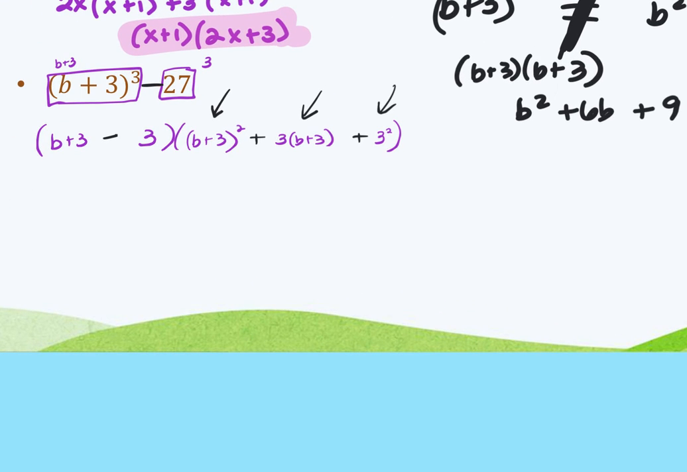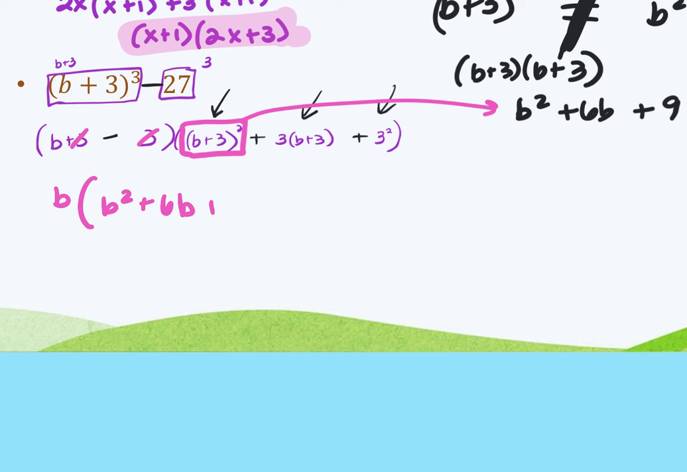So my first set of parentheses, the negative 3 and the positive 3 actually cancel, and I have just b on the front. The second set of parentheses, b plus 3 squared is what we just did, b squared plus 6b plus 9. The middle one, we're going to distribute a positive 3, so plus 3b plus 9 plus 3 squared, which is